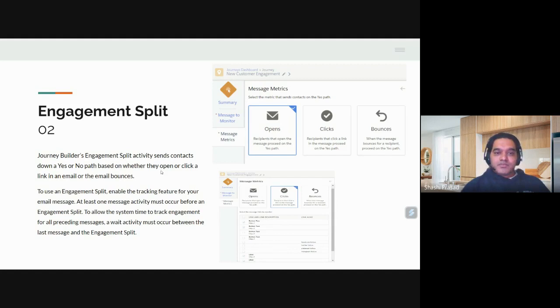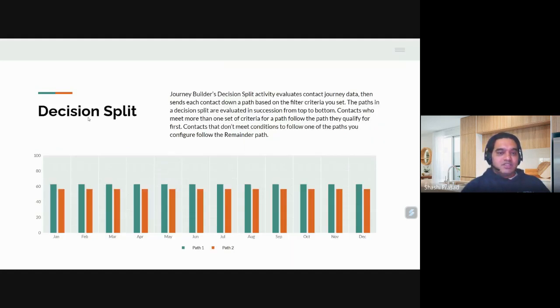Then we have a decision split. Based on the decision, we'll have different paths. Simply deciding it does not add much value for me. Obviously, in a use case we use decision split more wisely, but in the diagram below that I am showing,